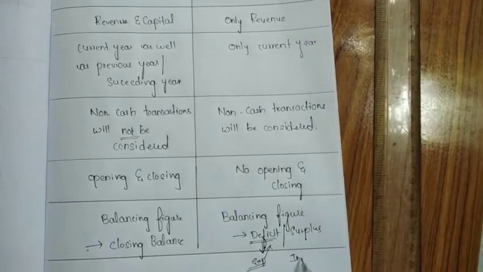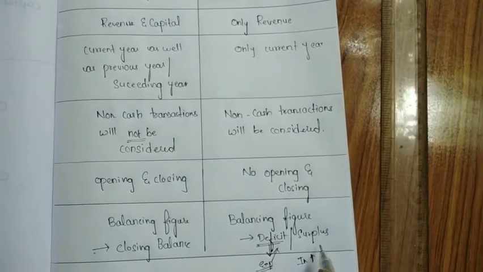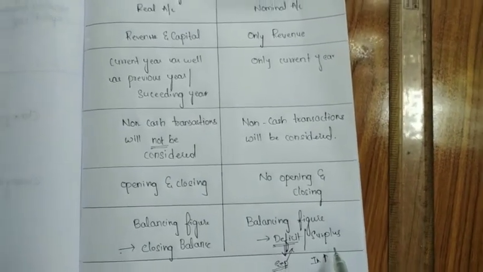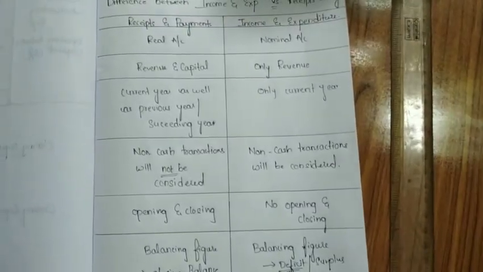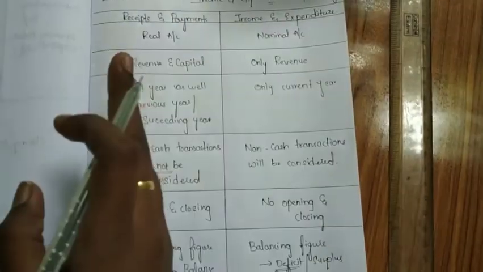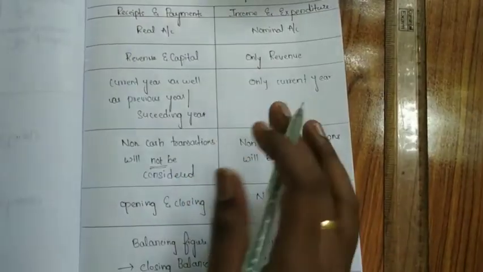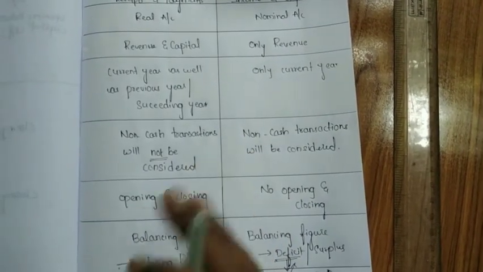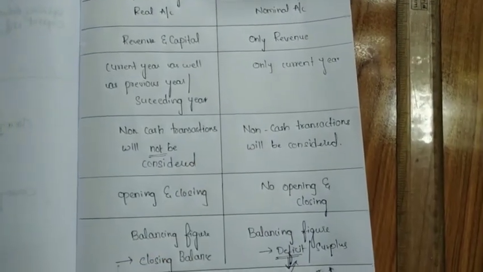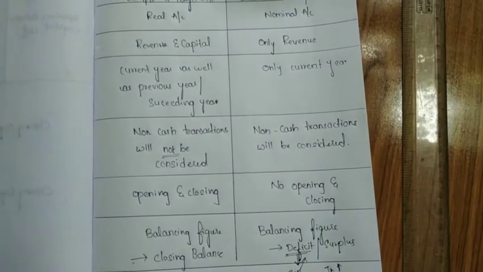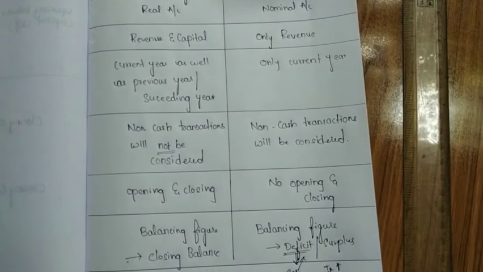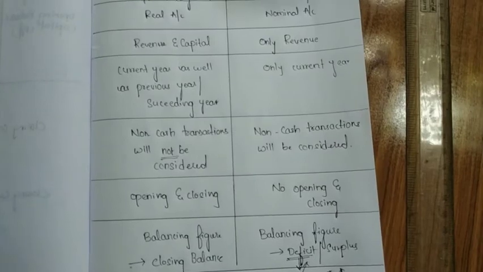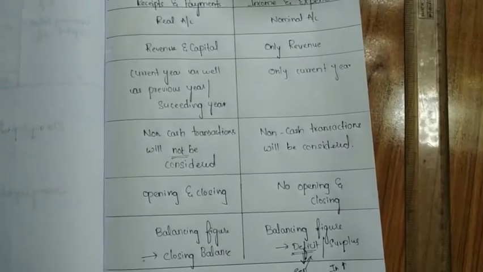When your income is more than expenditure, then it will be called a surplus. So these are the main few important differences between receipts and payments and income and expenditure. If you see your textbook on pages 243 and 244, we have n number of differences. For the exam point of view, you can go through all the points, but to do the problems, one must be aware of these differences.